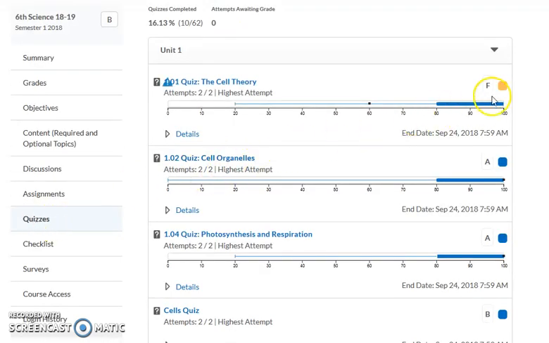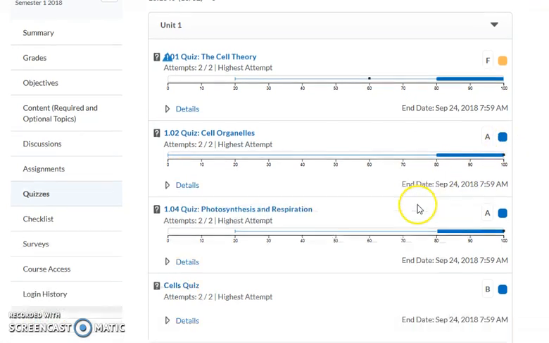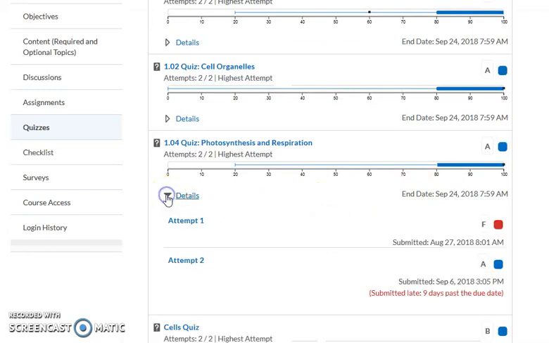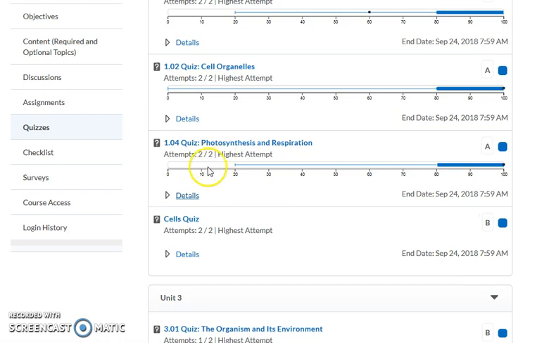As you have gone through your quizzes, you will see each of your grades, the quiz name and number, and then the grade that you have here. What's really important is this details option here. If you click on the details, you can see the attempts that you've had. Up here, actually without the details, you can see that you've had 2 attempts and the highest grade has been